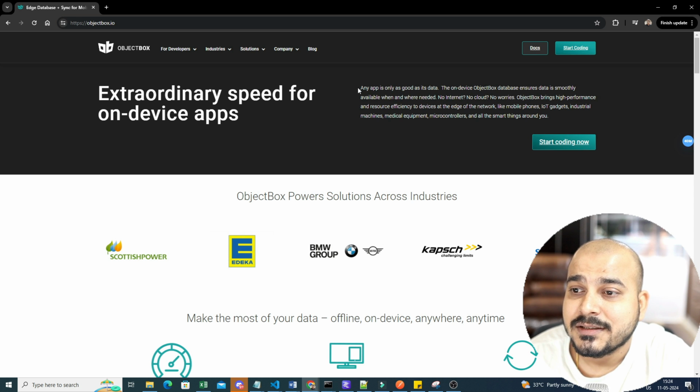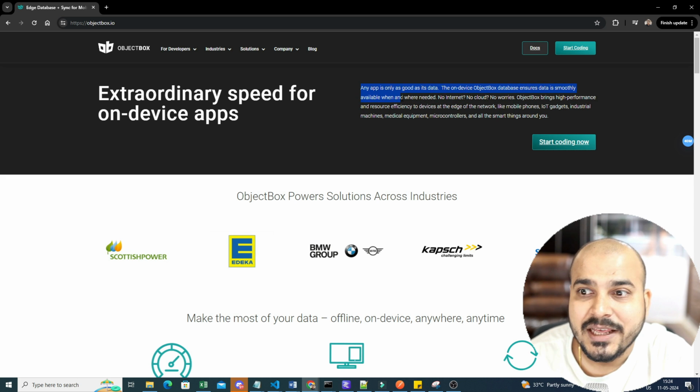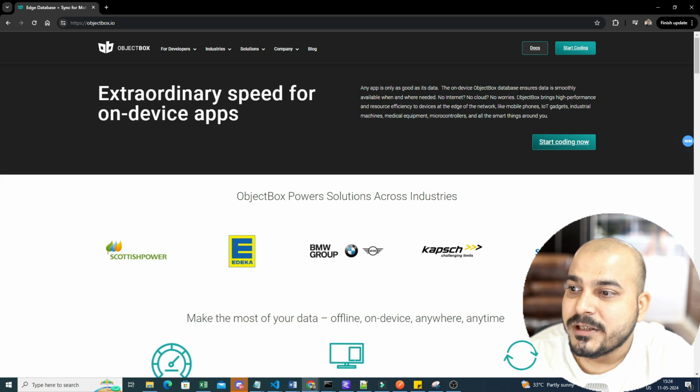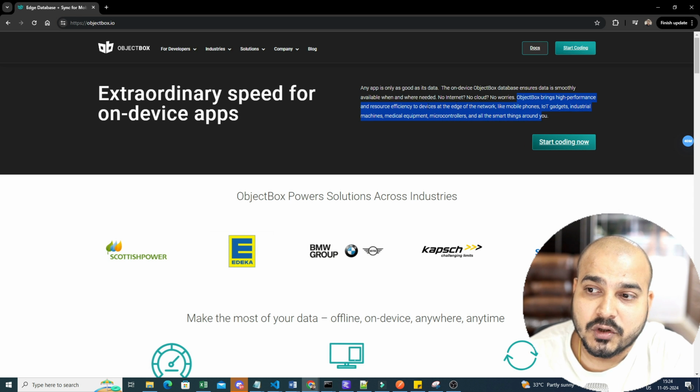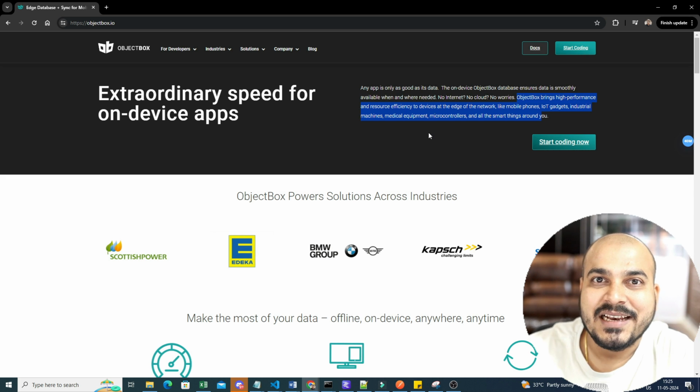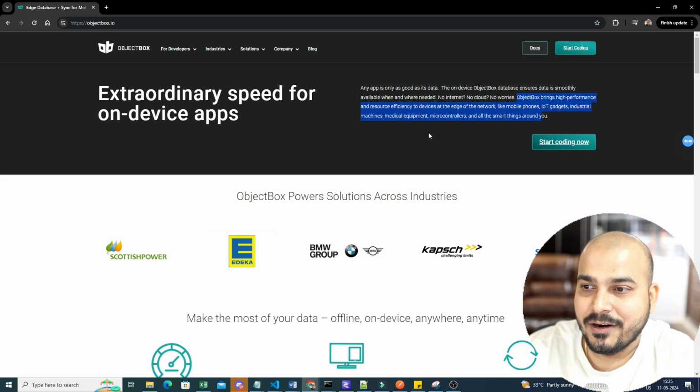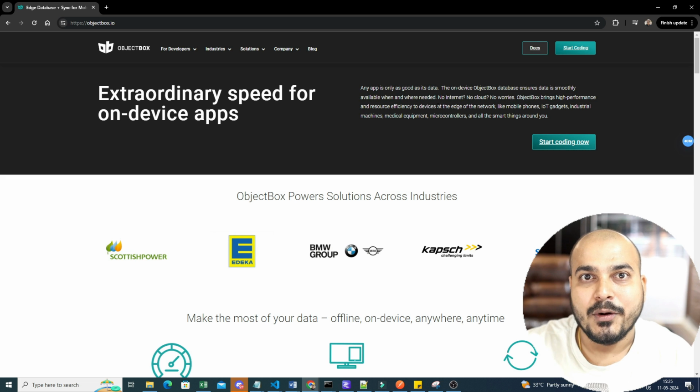So what exactly is ObjectBox? You can see over here a brief description. Any app is only as good as its data. The on-device object database ensures data is smoothly available when and where needed. No internet, no cloud. So this is the main feature over there. ObjectBox brings high performance and resource efficiency to devices at the edge of the network, like mobile phones, IoT gadgets, industrial machines, medical equipment, microcontrollers, and all the smart things around you. So over here, you don't need to have any cloud or internet platform or any kind of internet to access this. It provides you amazing resource efficiency on devices, specifically if you're using it in mobile, IoT, industrial